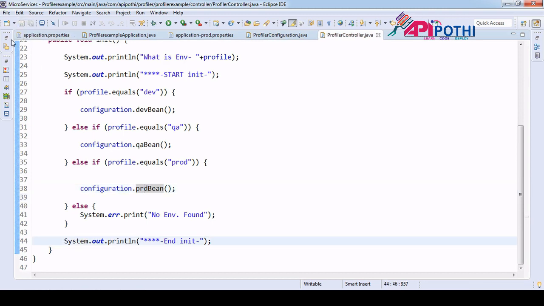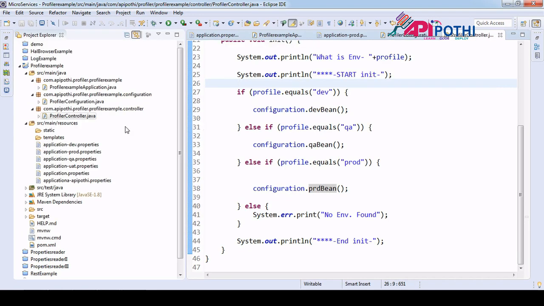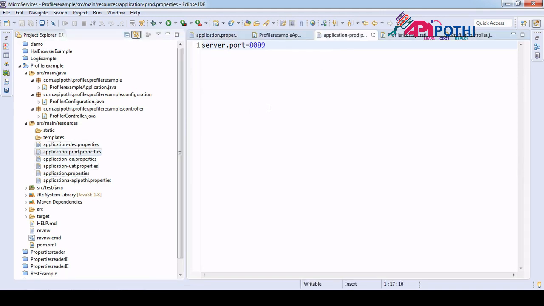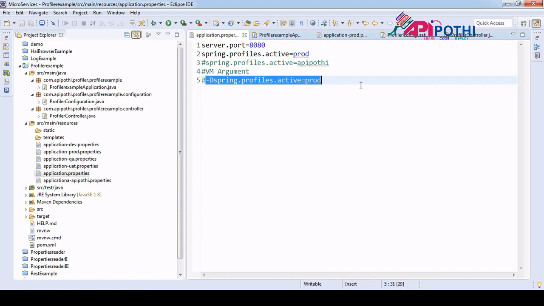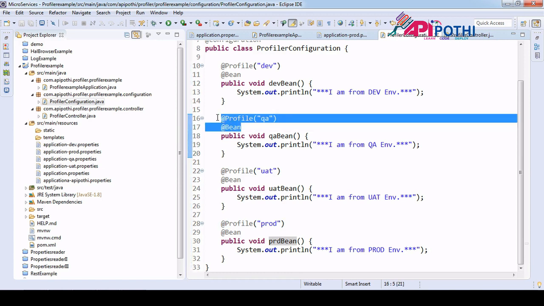So basically what we understood from here is a few things. First thing is how to read the environment through the application.properties file, meaning that here if I want to use PROD, PROD got loaded. Second thing is how to run this code through our VM argument. For that you just need to pass this one. This is the key from here to here, and this is our environment name. Third thing is that if you want to load your Java class with respect to your environment, that also you can achieve through your @Profile and @Bean annotation.